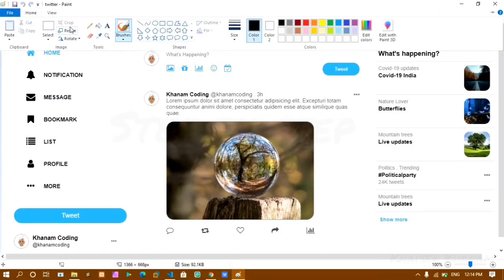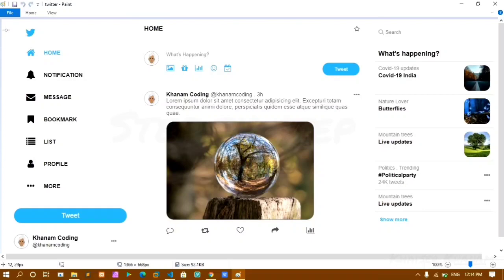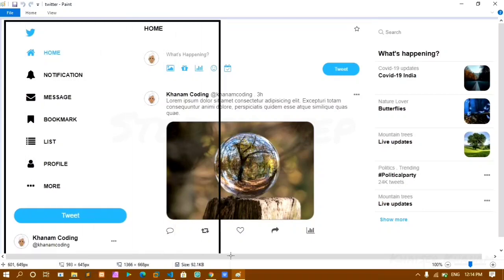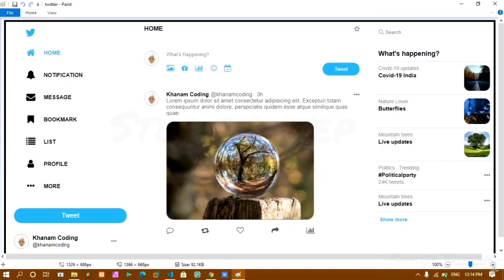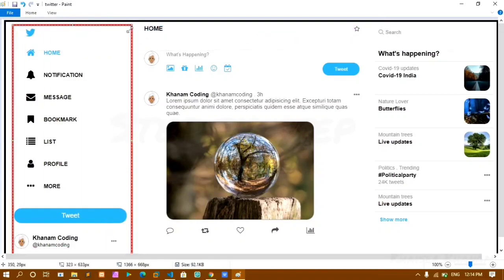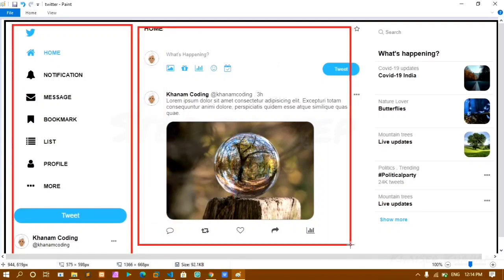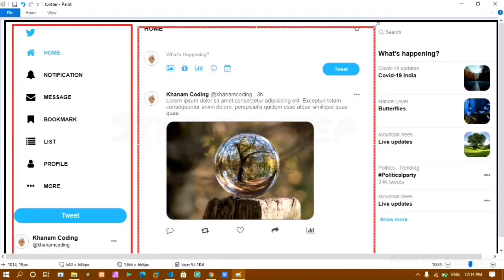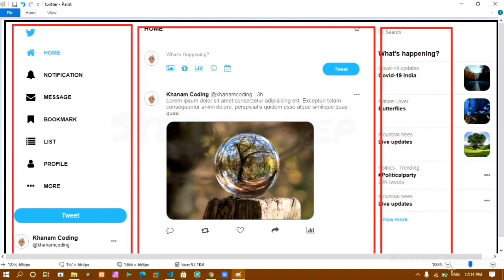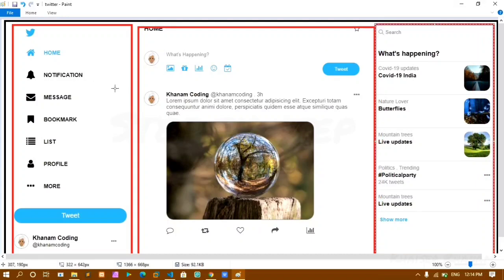I'll just open this. I'll take this color, and here you can see I'll take this entire thing and wrap it inside my div container. I'll give this class as container. Now inside this I have these three containers. This is my first container, this is my middle one, and this is my side container. I have these three containers here. Inside my one container I have these three containers.